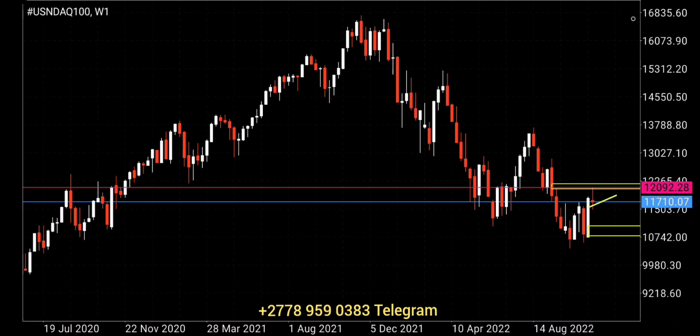So this time frame, same with your monthly, is very much bearish, and this is your bearish trend line, and this is your weekly resistance. That's why we have this as the 12,092. That's where the 12,092 came about, because we are at a very nice, fresh, strong area of resistance on weekly,